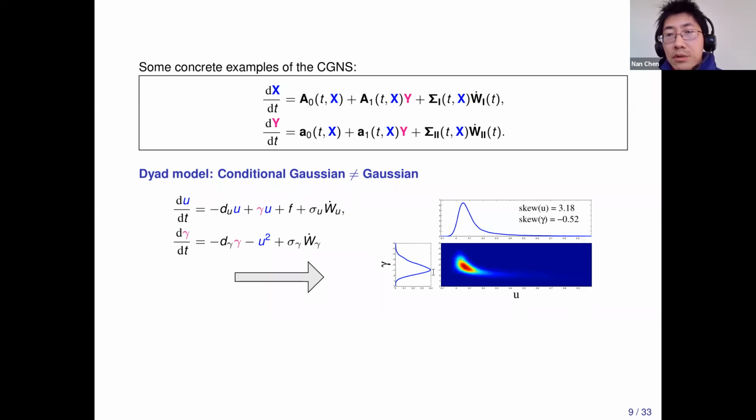And if you look at the two marginal distributions, both will have this skewed behavior, and especially for this U, it will have a very fat tail here, right? So these marginal distributions are not Gaussian. The joint distribution is not Gaussian, but given a specific value u, like if you put a line here, then this slice, the distribution along this slice, will be Gaussian. So it's only a conditional Gaussian distribution. It's not a Gaussian distribution. So that's why this kind of system can describe a lot of phenomena in nature, because nature is highly non-Gaussian. But there will be certain components in this complicated nonlinear system which are Gaussian, that is, a conditional distribution.